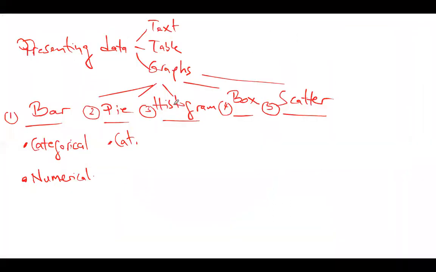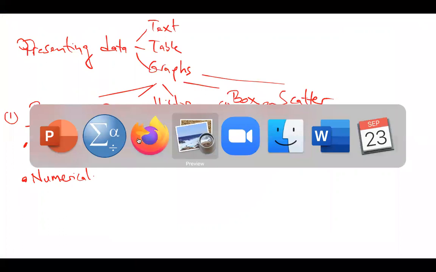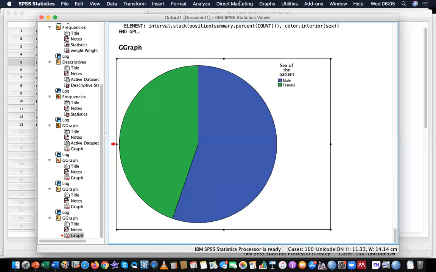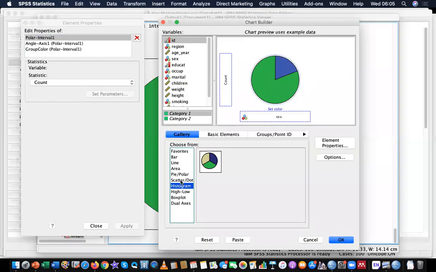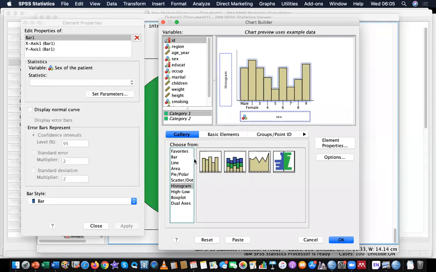Okay. Let's do a histogram. Let me show you what a histogram looks like. Chart builder. Where is the histogram? It's here. You see there are other types like dual axis, high-low, pie, area, line. But I want you to know the rules for these five most commonly used graphs, diagrams. I double-clicked on the very first simple histogram,